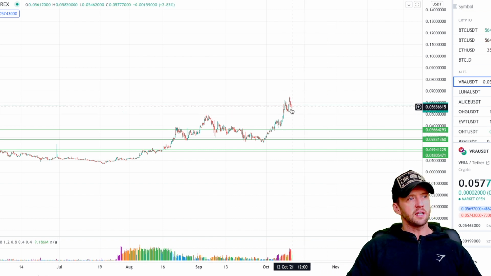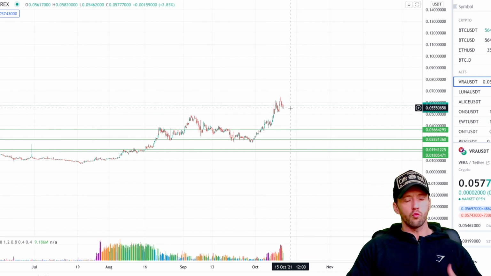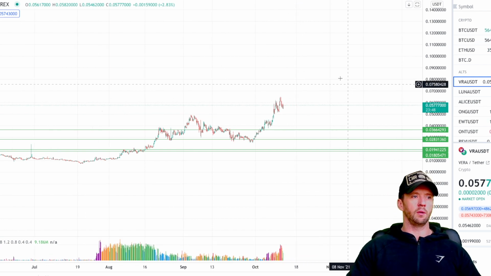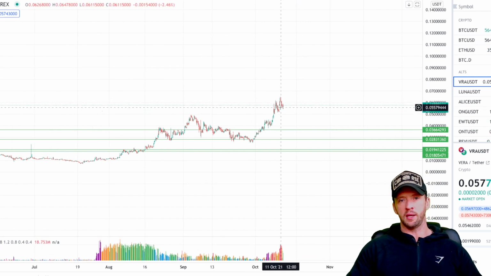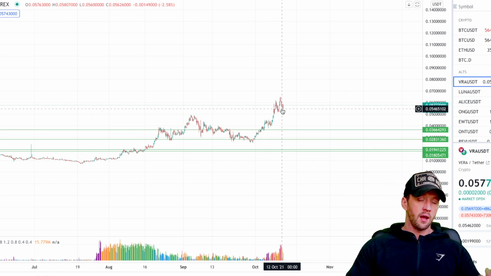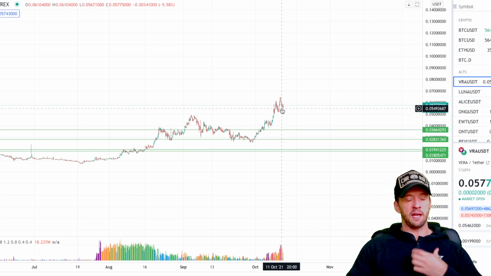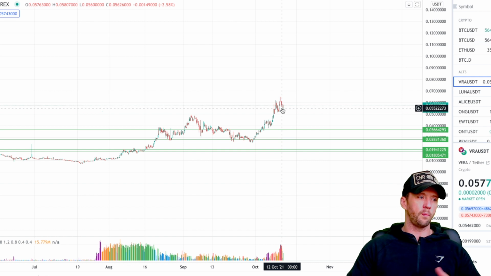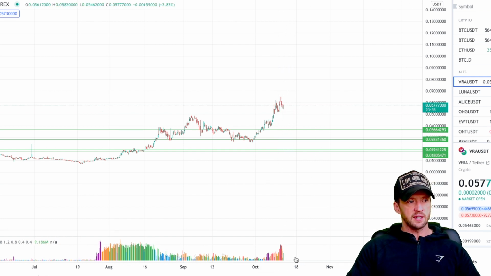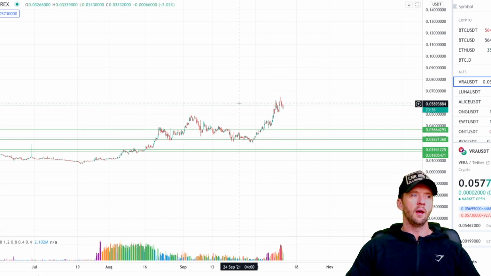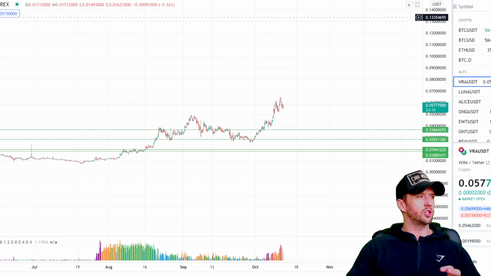So as you can see here, we are really overcooked on VRA at the moment. They've got a lot of stuff coming out. People are buying their tokens for a number of reasons. You've got loyal investors like me that love trading this token. You've got other people that are buying it for use case. You can see all this ultra volume coming in here. But I have to air caution that this is a little overcooked at the moment.